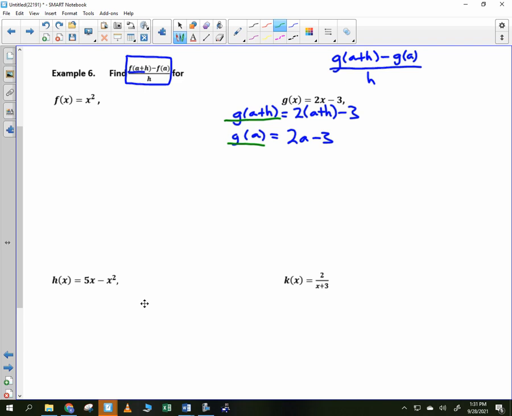Let's write it out. We have 2 times a plus h minus 3. And then I'm going to subtract this. So I'm going to write parentheses 2a minus 3. Lots of times people make mistakes and they don't subtract the entire piece. They just subtract the front term. That's where you're going to make mistakes. All divided by h. Exactly. You could distribute the negative right away and write it as negative 2a plus 3, and that will be